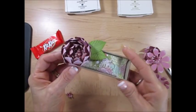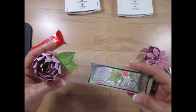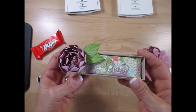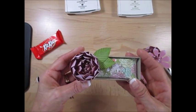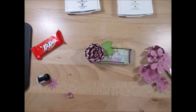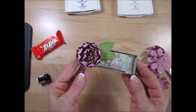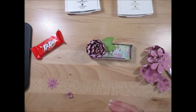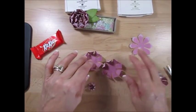Now for the box, I had done this little box in Valentine's colors. It had little Hershey hearts in it. Well, I had to redo a box. There was some questionable measurement there. So I redid the box and I'm like, I have to do something. So we're going to do the flower on top. I thought it would be perfect for a tea party, Mother's Day, something spring, or even to give to your coworker for spring. So first thing you want to do, I cut all the sizes plus the big one there,